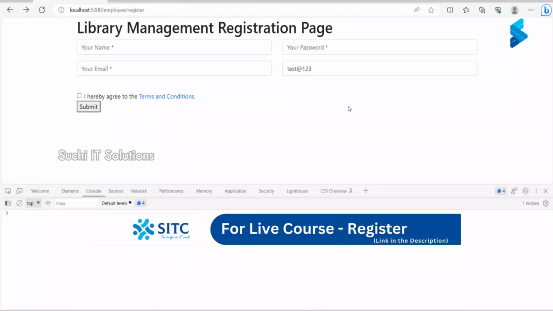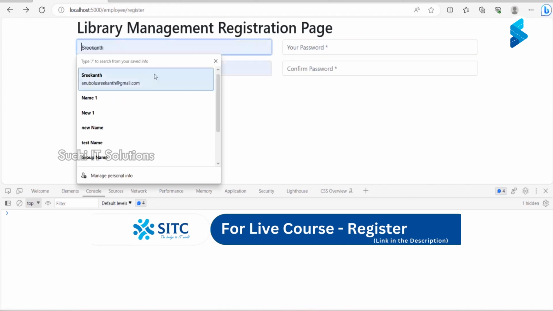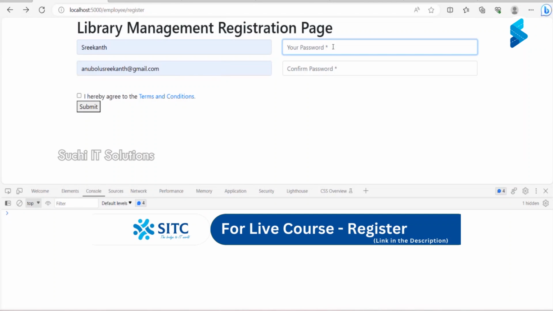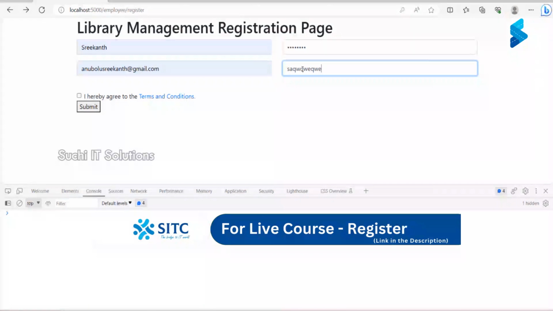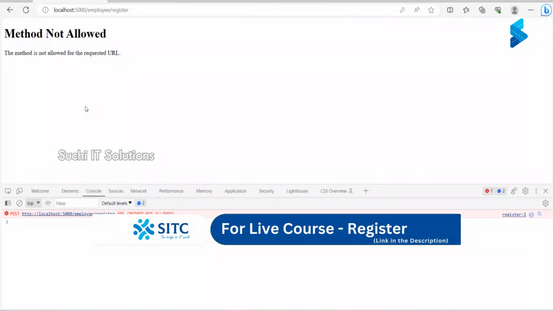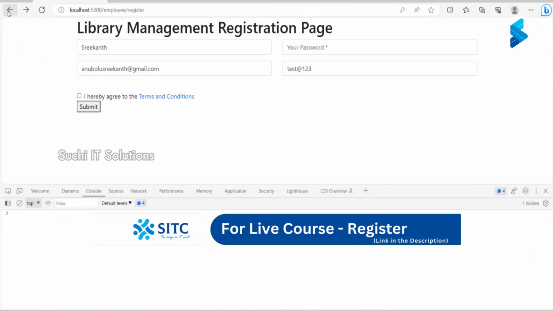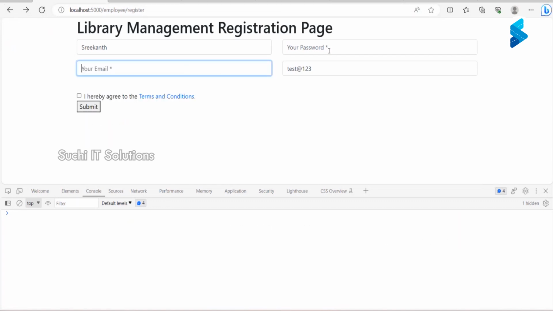Okay, right. So let me reload this. Right. So this will not match, obviously. So the password's not matching. So it will try to submit, right? But yeah, so method is not allowed. We'll get to that. And I have not provided my email, but I have provided